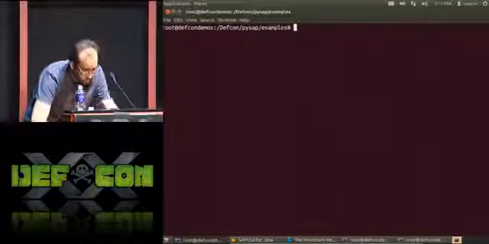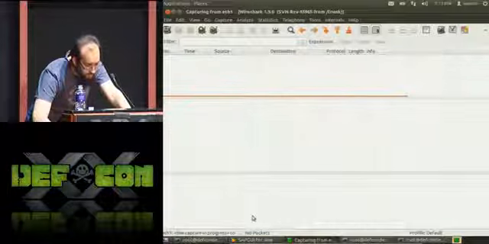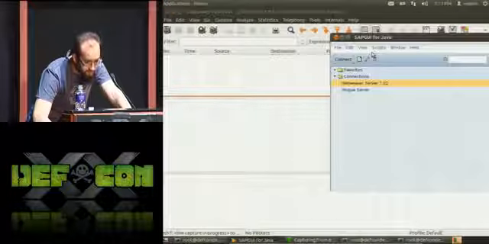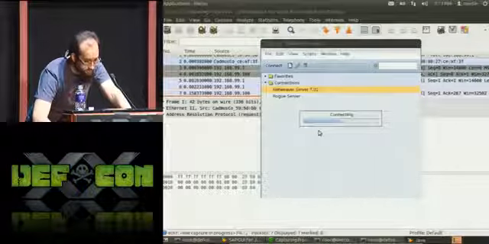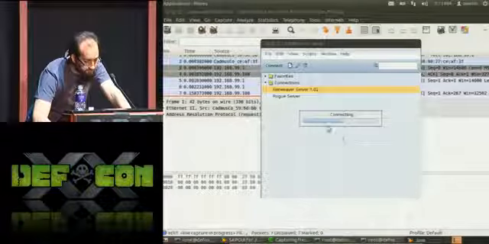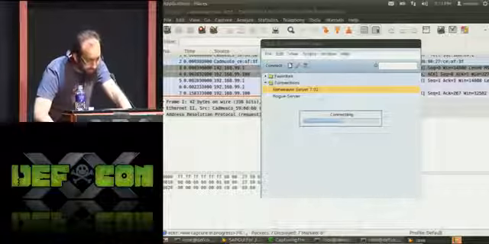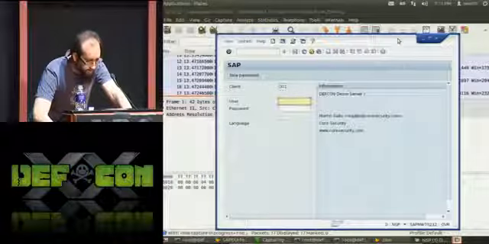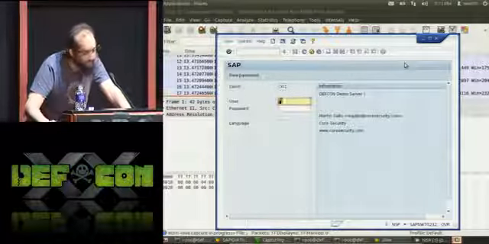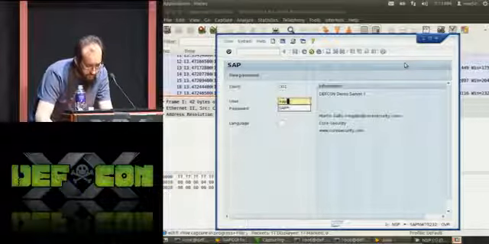So I will start Wireshark, and using the SAP GUI for Java, make a connection to the application server. Okay, this is the standard SAP GUI desktop application. So I will make a login,